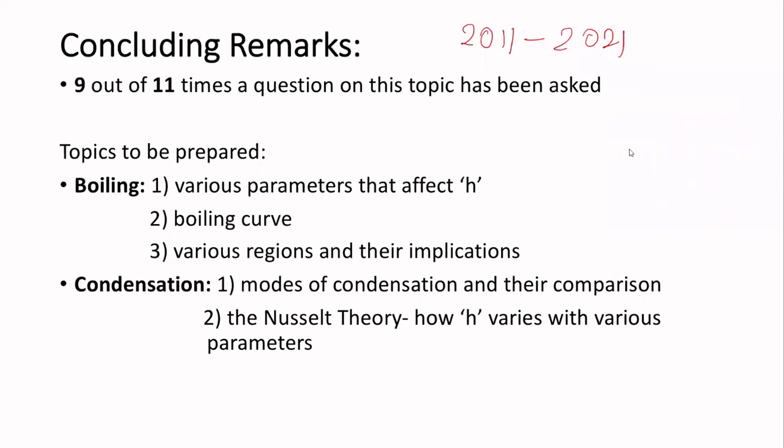So it's almost 70% on the longer range scale. Here it is slightly above 70, roughly 80%, that at least one question is asked on this particular topic. In the previous GATE, the format was different, so there were multiple questions also, maybe 1 or 2 questions, but not more than 2 in any of the exams. So you can expect to get around 1 or 2 marks if you just study this topic.